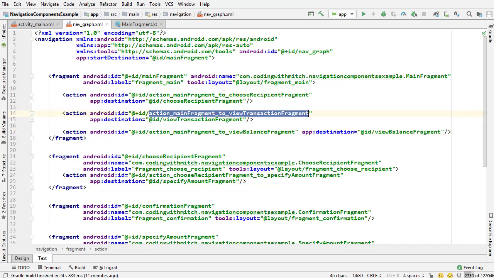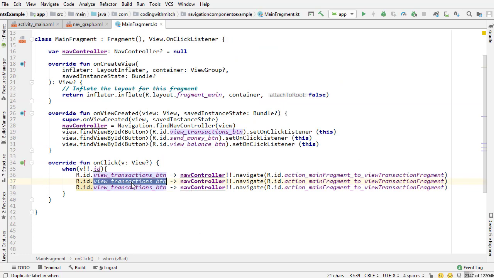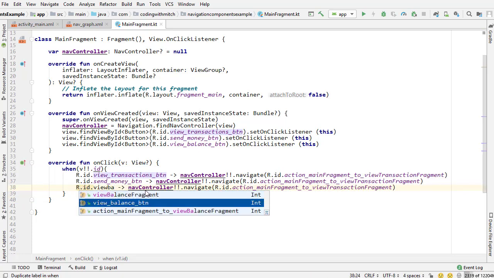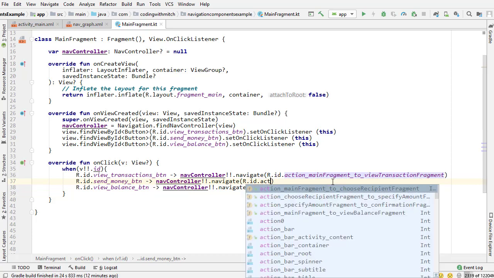And then those transactions are defined by these different IDs. So that's all this is going to be. The second one is going to be the send money button, and the third one is going to be the view balance button. So this one is going to be action